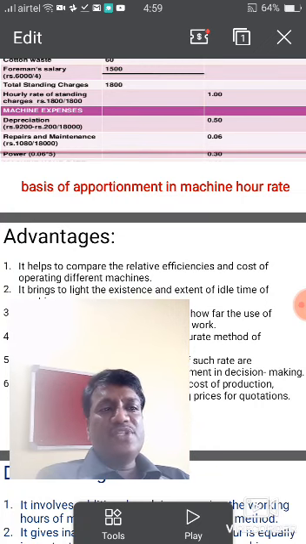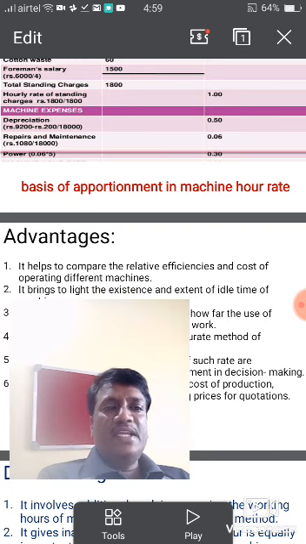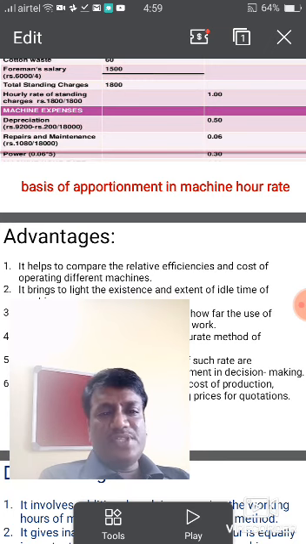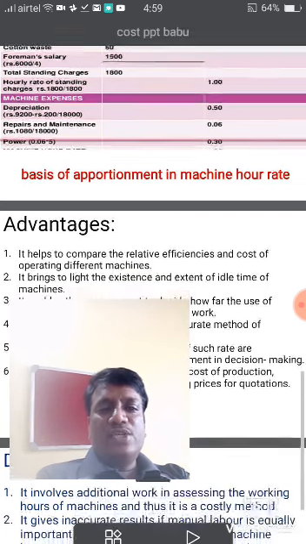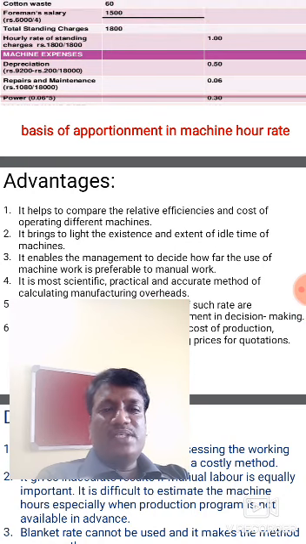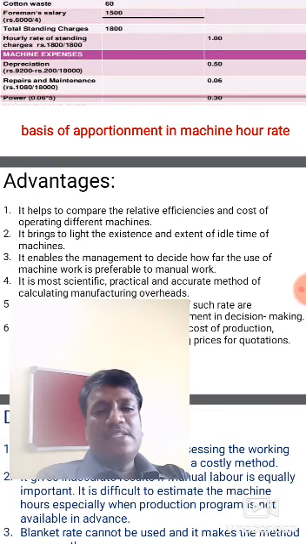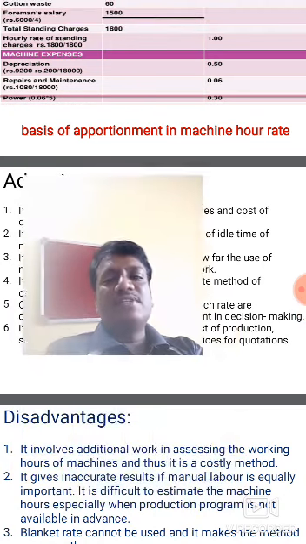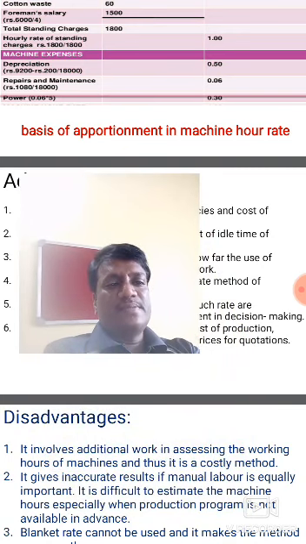cost of special lighting or the heating for any individual machine, alternatively according to the floor area occupied by each machine. When it is supervision expenses, it will be apportioned on the basis of estimated time devoted by the supervisory staff to each machine. The fourth one, that is the lubricant, oil and the consumable stores, which is an important standing charge, will be apportioned on the basis of the past experience.